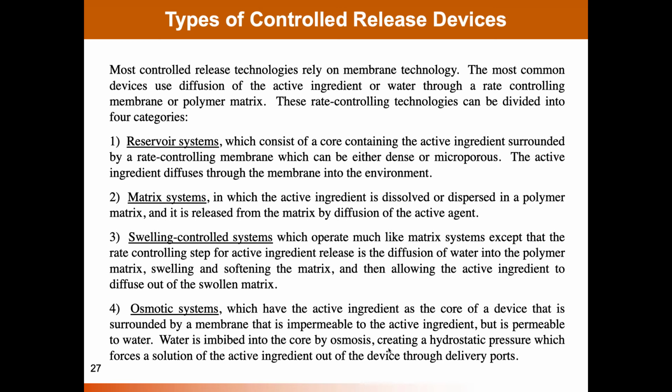So you set these devices to swell, and when they swell by imbibing water or other bodily fluids, then the drug is released from the swollen polymer. You can set the triggers so that they're pH sensitive, so that they might release in your stomach, in your upper intestine, lower intestine, and so you can control where the